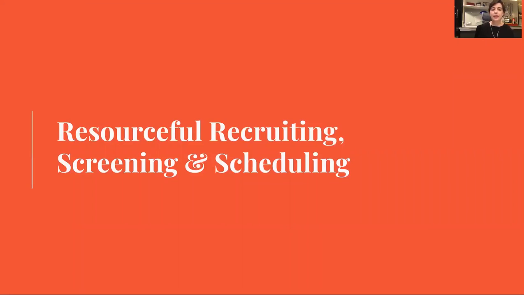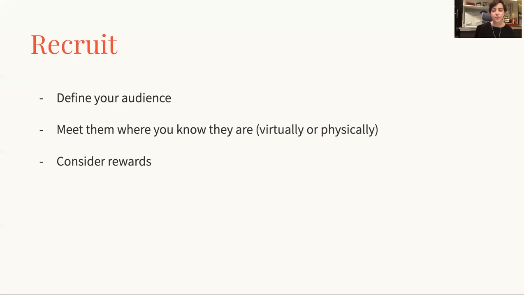Another way to save time and money is to make sure that you're talking to the right people. That all comes down to recruiting and screening participants that best suit your needs, and then scheduling the appropriate amount of time to talk to them. In real life, the task of recruiting participants is super time consuming, or at least it can be, because getting your message out to the right people and getting enough folks to qualify after completing a screener is a lot of work. But we need to do the legwork so that we have the right people signed up for research. And doing that legwork includes these 3 steps: defining your audience, so considering what you want to find out, who you want to talk to, and again, who you don't want to talk to, so thinking about both what you want and what you don't want.